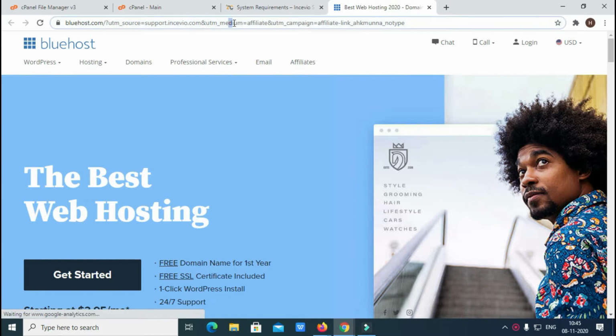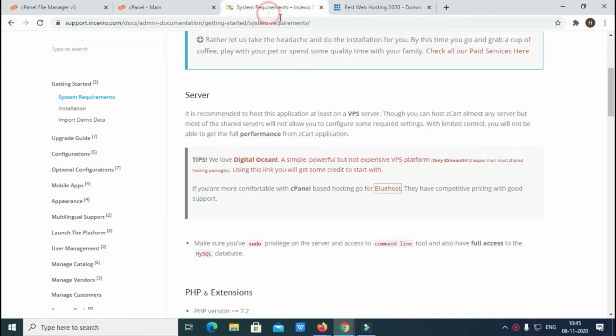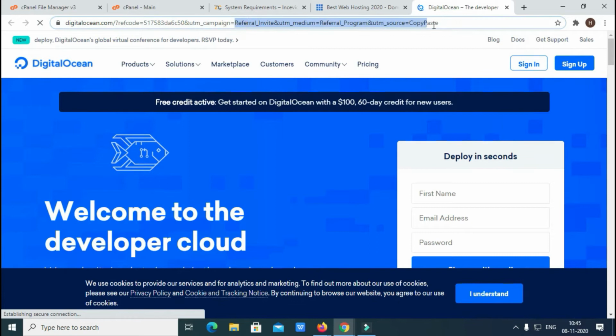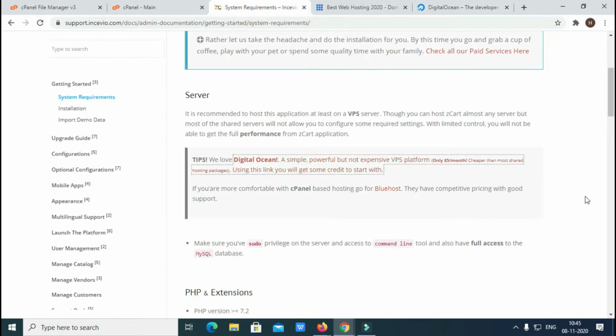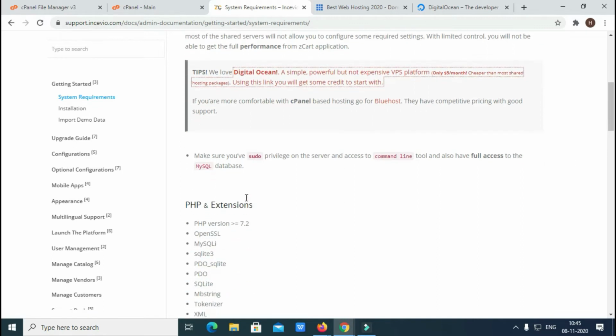So when I click the Bluehost affiliate link, it is a referral link. It means they force you to buy Bluehost or DigitalOcean through their particular referral invite. Make sure you have the sudo privilege on the server and access to the command line,